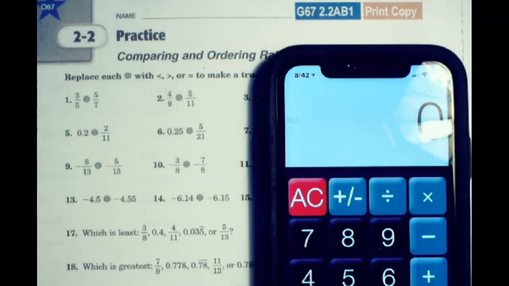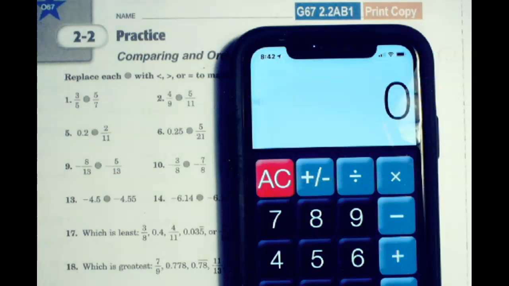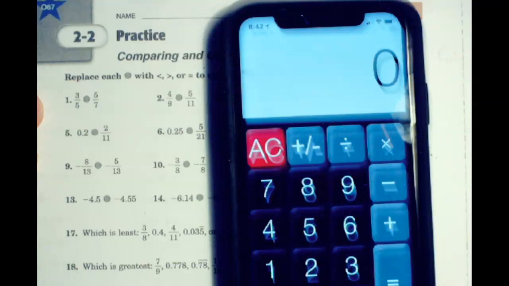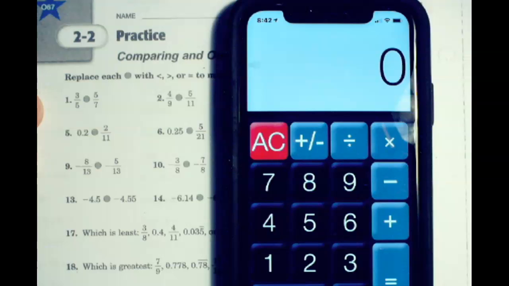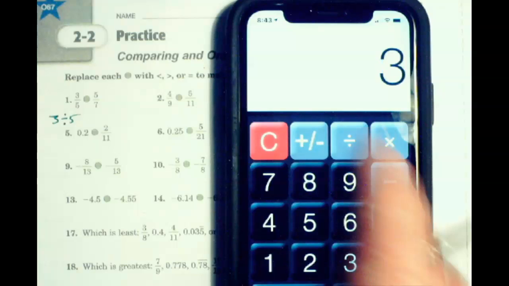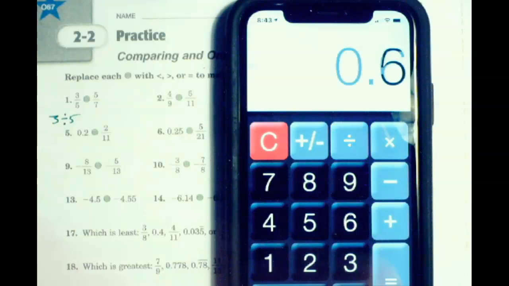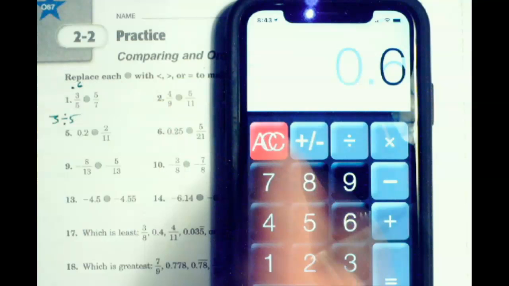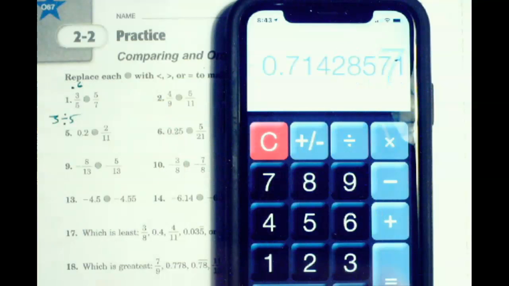So for these first problems, we're just going to be comparing fractions. We're not really even getting into any negative ones, so they're pretty simple. But the easiest way to compare fractions is to simply make them into decimals. So 3/5 is really the same as 3 divided by 5. So we just put that in our calculator, 3 divided by 5, and we get 0.6. And then 5 divided by 7, that equals